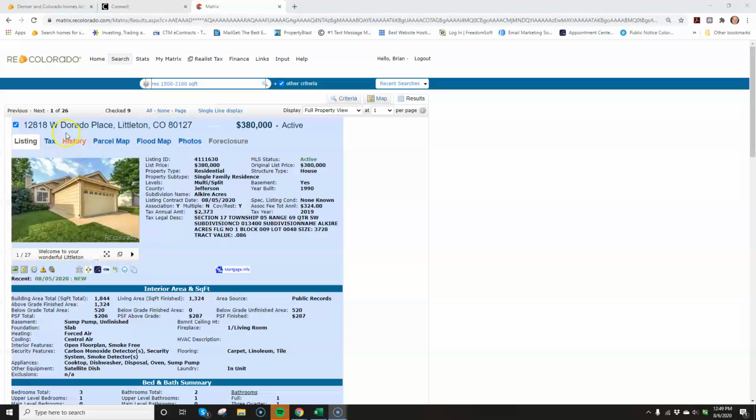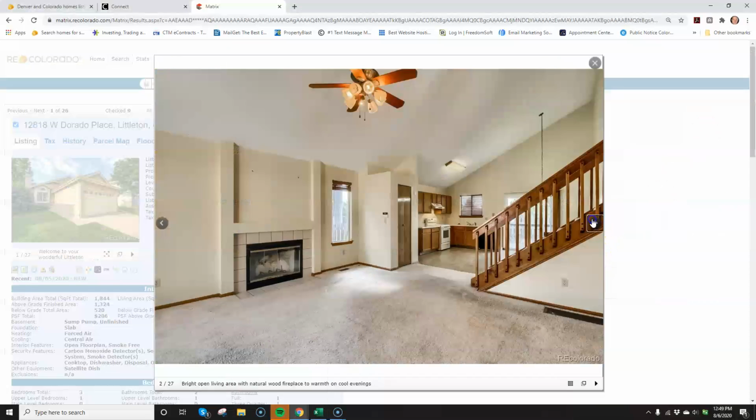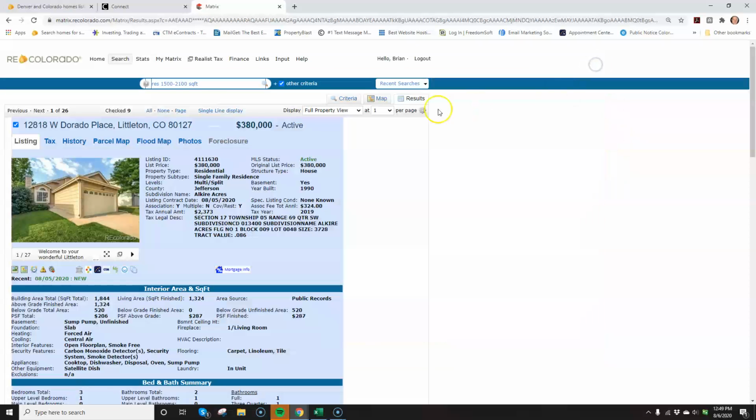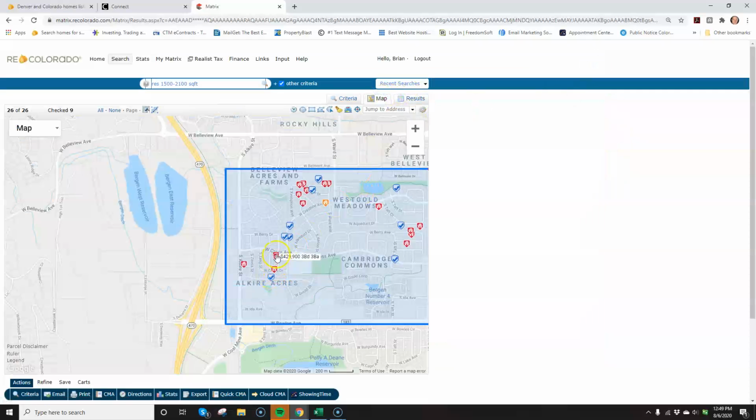All right, so this next one is Dorado Place. Kind of a weird house to comp. You came up with 430. I don't have a huge problem with that. I think I can see where you got that. I am going to have you